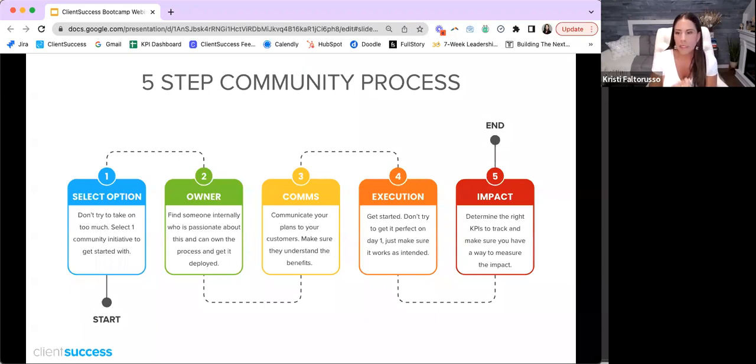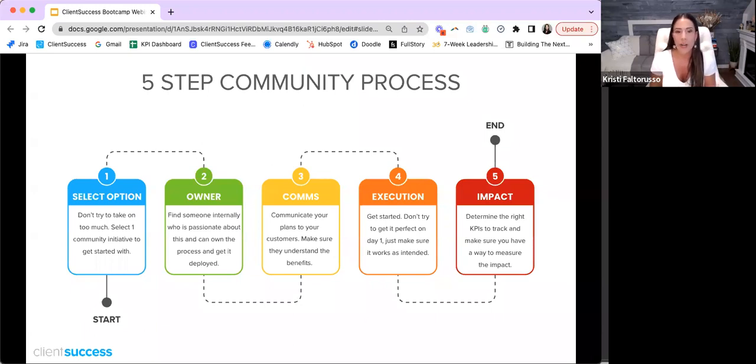So select something that makes sense. Heck, you might say, today all we're going to do is connect 5 customers with 5 other customers. So we're going to take 10 customers and pair them up to start to build 5 connections, sorry, not a mathematician. 5 connections, 10 people. That might be all you have the bandwidth for today. That might be all you want to do, and that's totally okay. Just pick something that you can get started with.